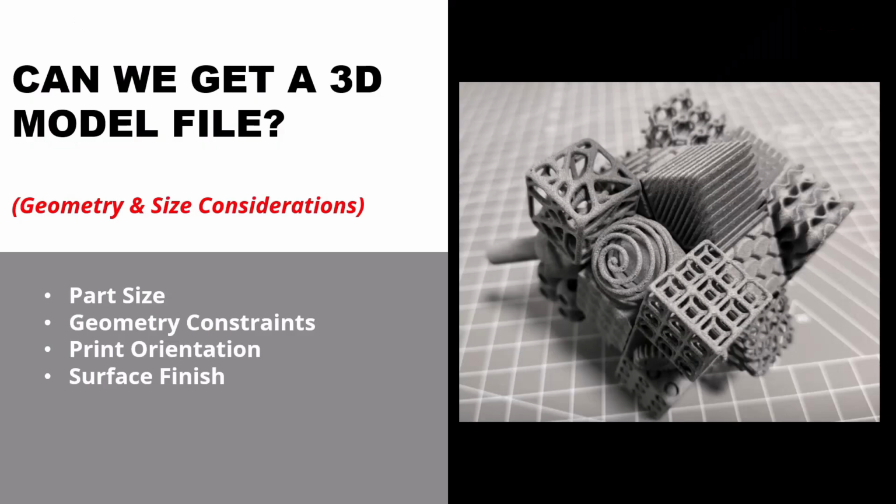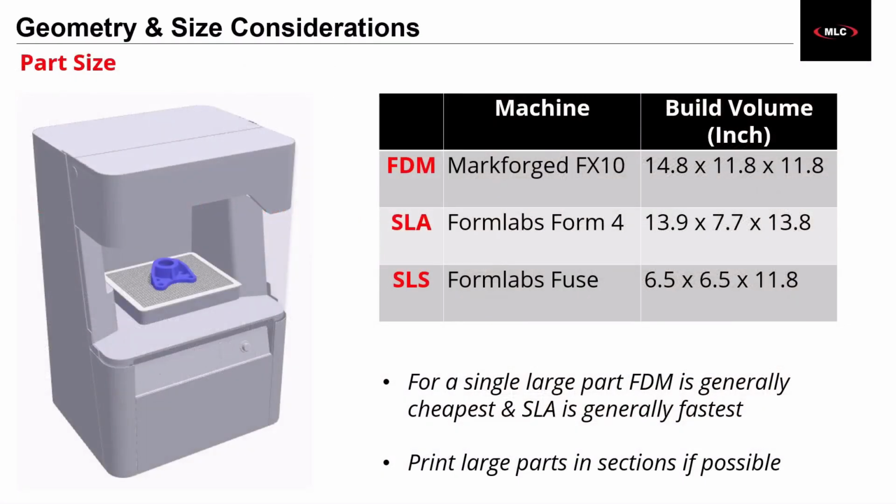We'll start by investigating this first question here. We're going to open up the 3D model, and there are a handful of characteristics that we're going to keep an eye out for. The first thing is just to check the overall size. We'll want to have a gauge for how much of the machine's build volume it takes up, and if it fits at all. I have our relevant build volumes listed here for reference, and it's difficult to decide purely based